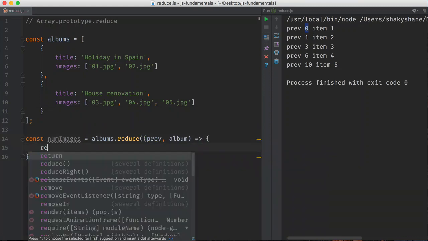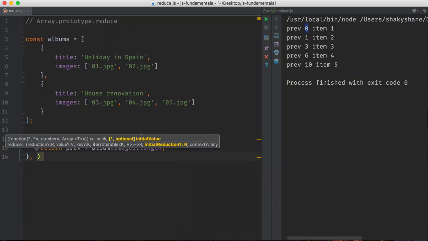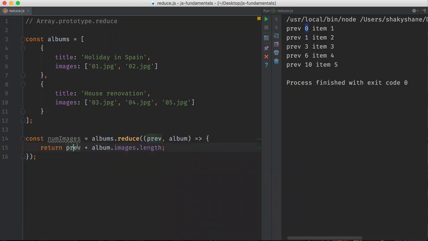In our callback, we're going to return the previous value plus the length of the current album's images array. Now before I run this, can you spot the mistake? We haven't provided an initial value here. So on the first call, previous is actually going to be equal to this object, and album here will be